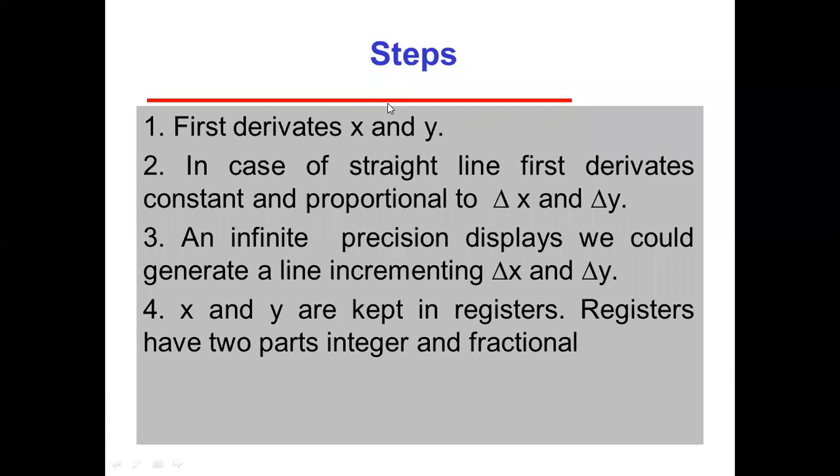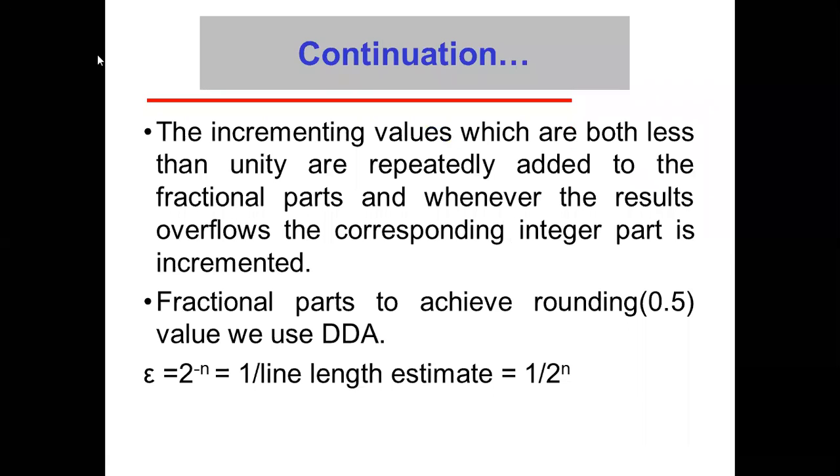These registers are nothing but temporary registers. So we can save the values of x and y, similarly x1, y1, and x2, y2, into different registers. These are called temporary variables. In case of the symmetrical DDA, we choose epsilon is equal to 2 to the power minus n. This is the way we will calculate the values of the different parts,